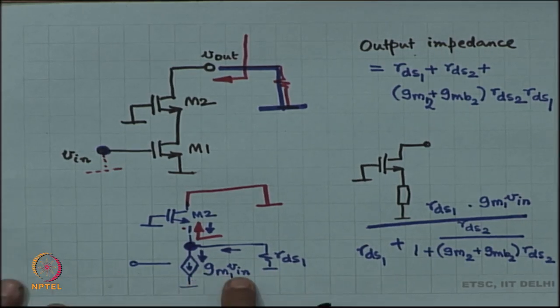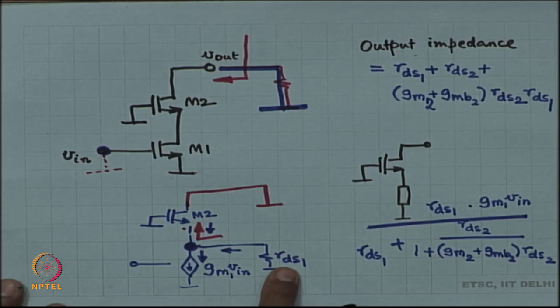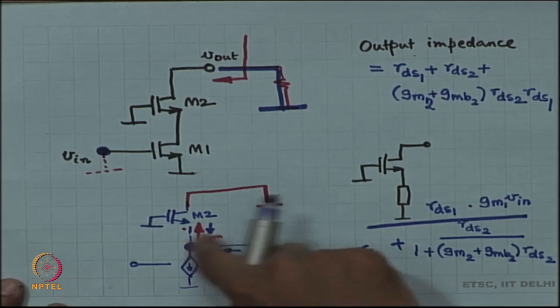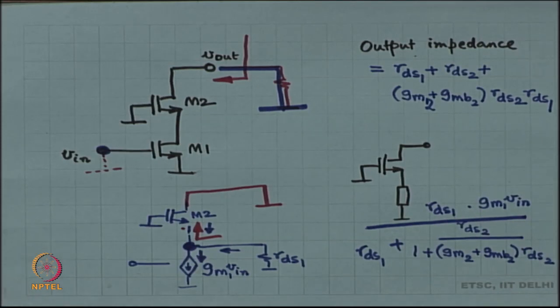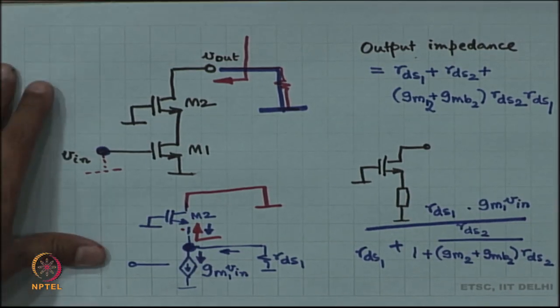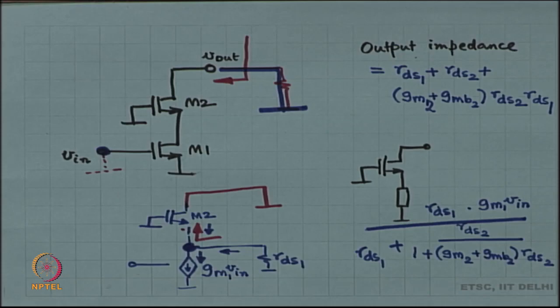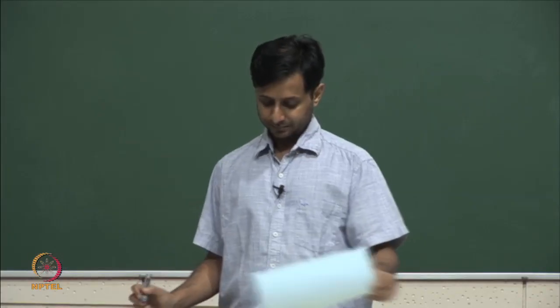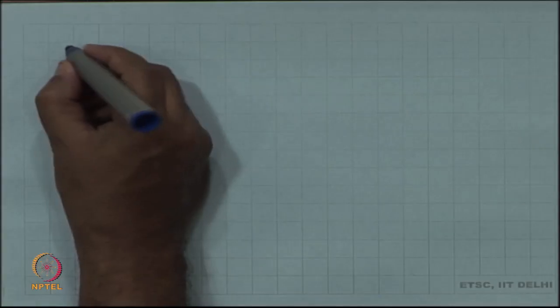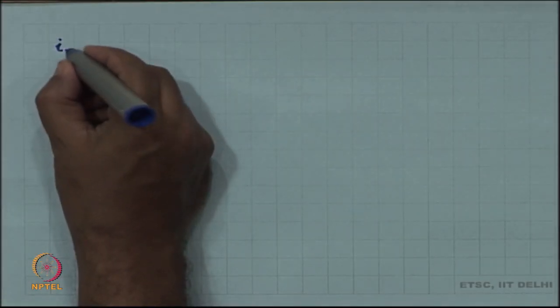So, GM1 V in times RDS1 divided by RDS1 plus this impedance, and this impedance is so much. So, I just wrote it down. All right, and then you go a step further and simplify. So, the Norton equivalent current is nothing but